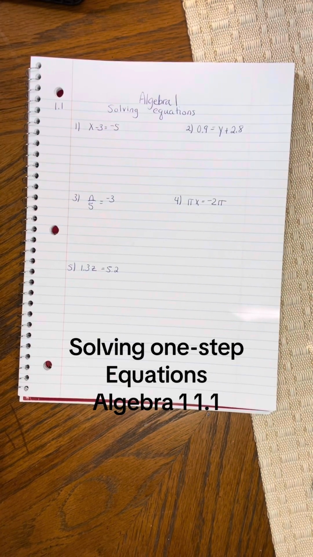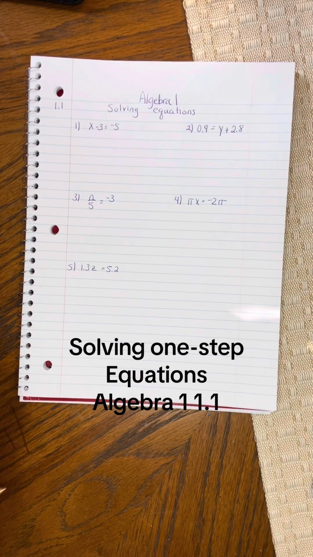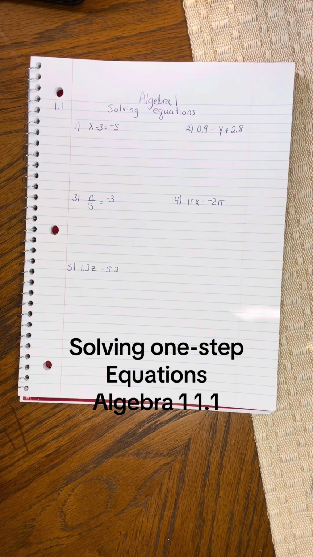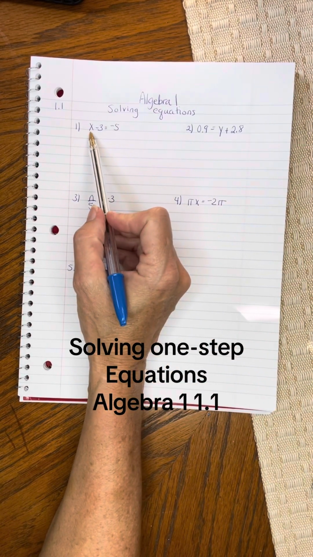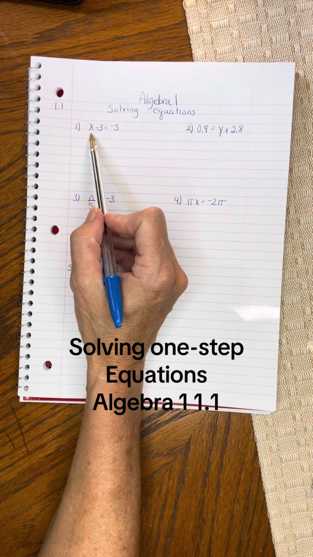This is the first lesson in Algebra 1, chapter 1.1 of Big Ideas. And you have already learned to solve equations. You did it both in 7th and 8th grade, so this should just be a reminder of how we do so. In order to isolate this variable, this x, to get it all by itself so that there's nothing on